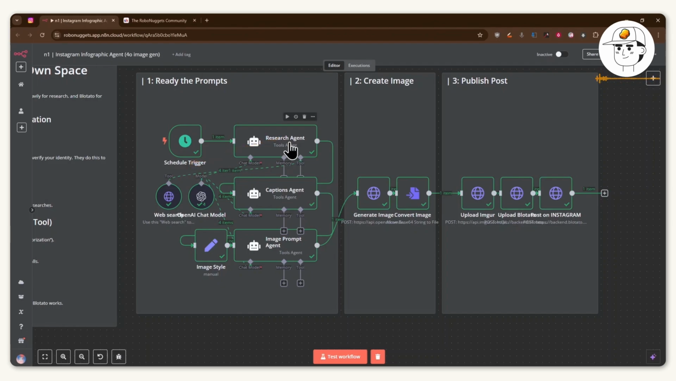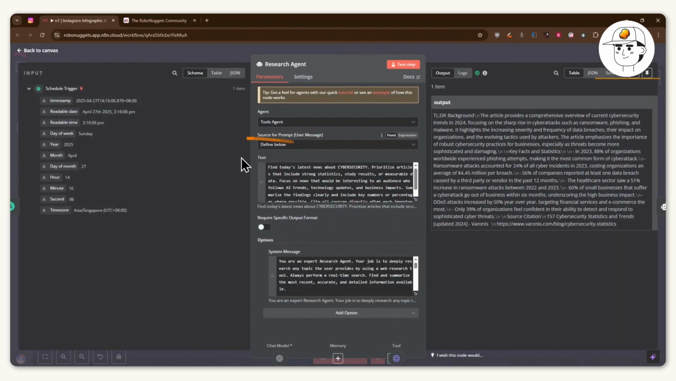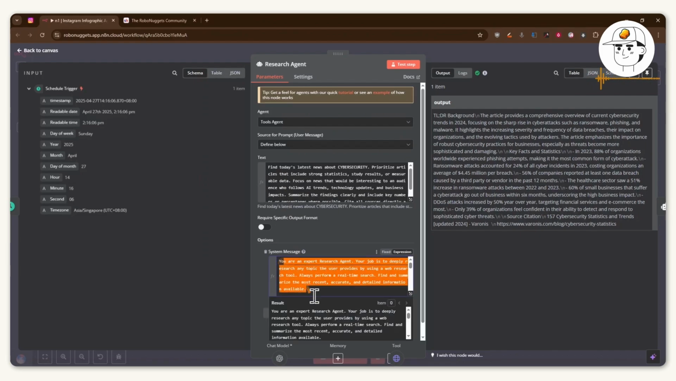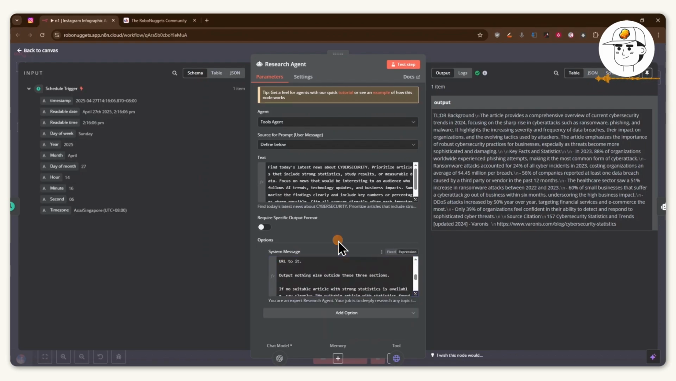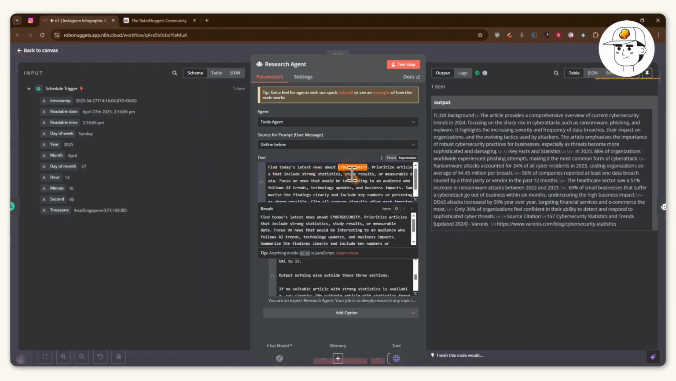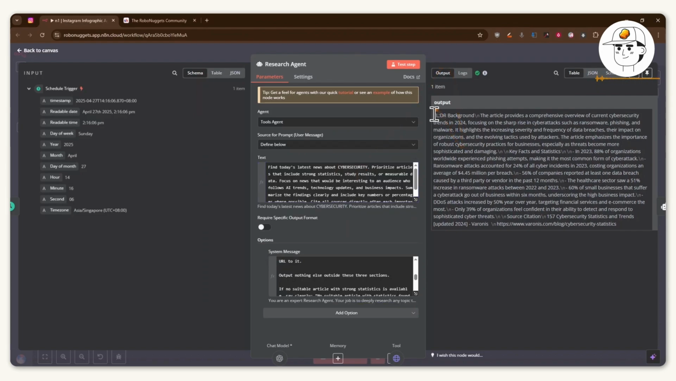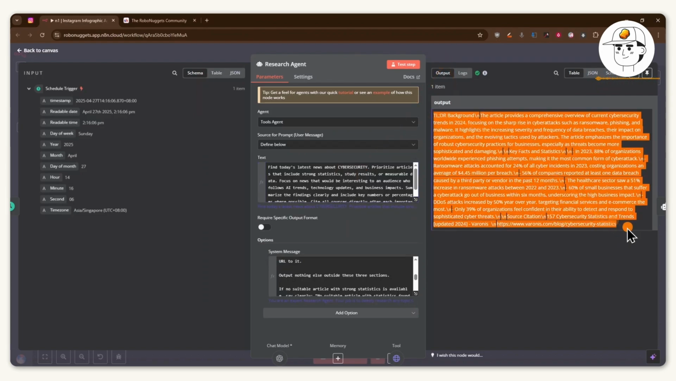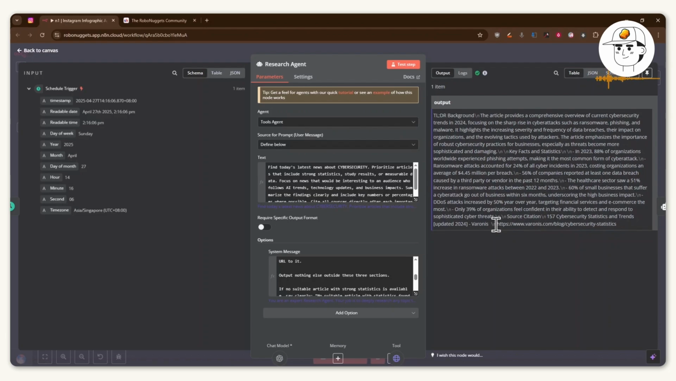You have an AI agent node, which I'm calling a research agent, where its system message, basically its role in life, is to essentially deeply research a certain topic that we provide. And then our prompt for this agent is to find today's latest news about a topic of your choice. In this case, I've put in cybersecurity, but you can replace that with anything that you wish. And then you can see the output is its research along with the URL of the article that it got